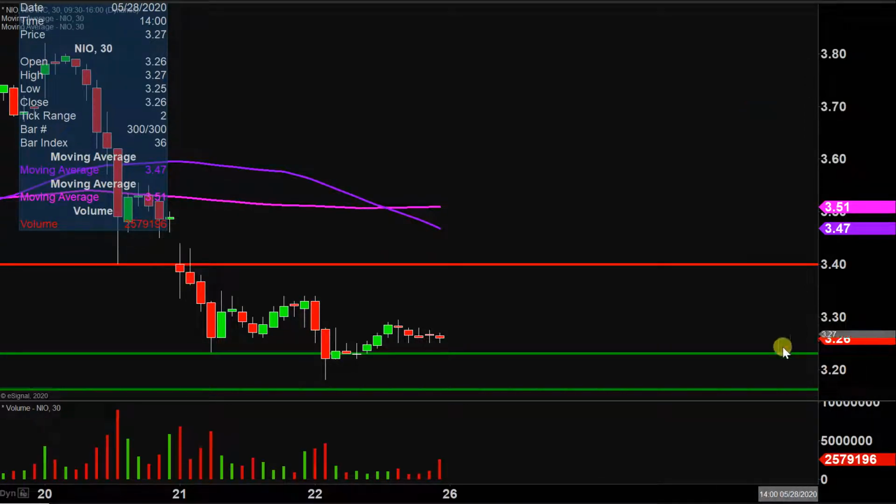The first bit of confirmation comes via this level of support right here, around $3.25, give or take a little bit. But that green line right there is actually more so about 323, and given how close this price is, a couple pennies actually does matter here. So 323 is going to be that level where, like I said, I talked about that as an area of